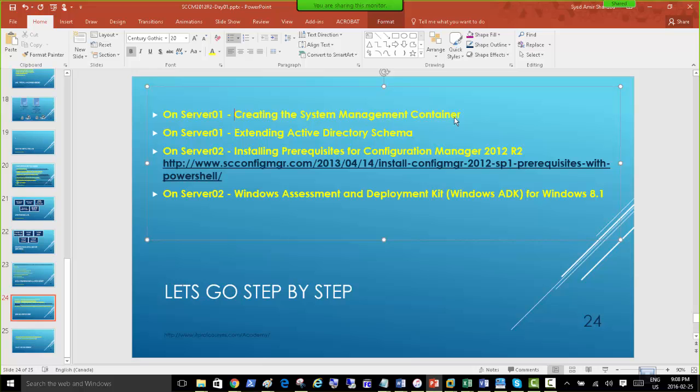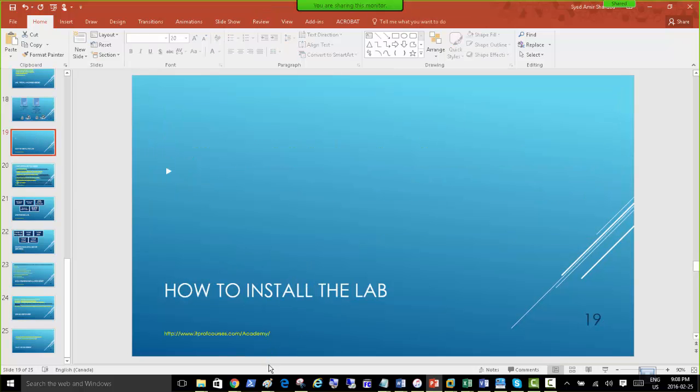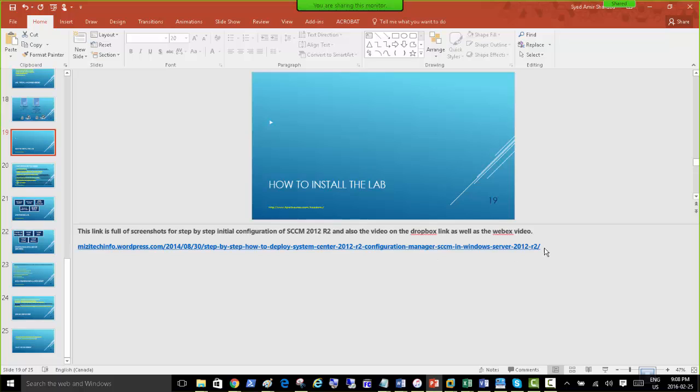So creating the system management container has a few steps here. Since it is recording, I'm just going to go ahead with the steps now. Also, one more thing is that I'm going to send this link to everyone,